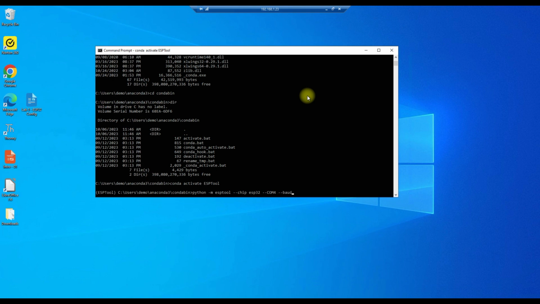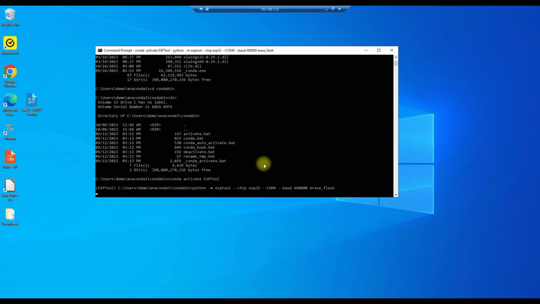The baud rate is 460800. And erase underscore flash. Let me make sure I have this correct. And that looks correct. So hit enter and it should